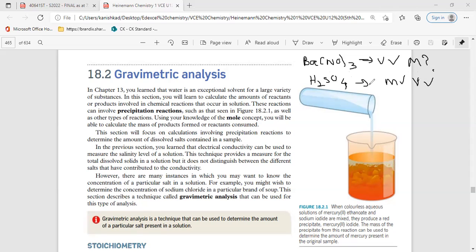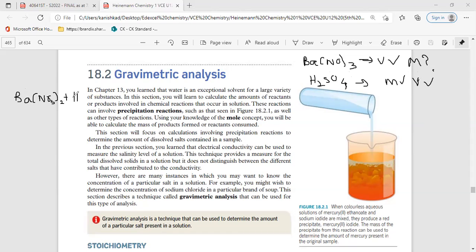It's a known solution. And if we react barium nitrate with sulfuric acid,